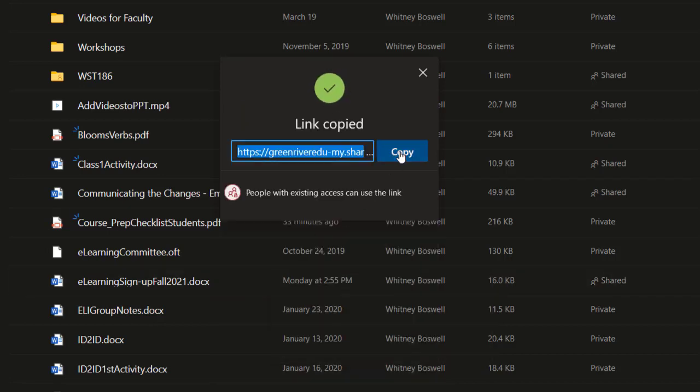So now what I can do is I can copy this link, I can send it in Teams, I can send it in an email, I can share it in the chat in a Zoom session, in a Microsoft Teams session, any way I want to share this with my students, with my teacher, with anyone at Green River who I've given access to. I can now just copy and paste this link wherever I need to.